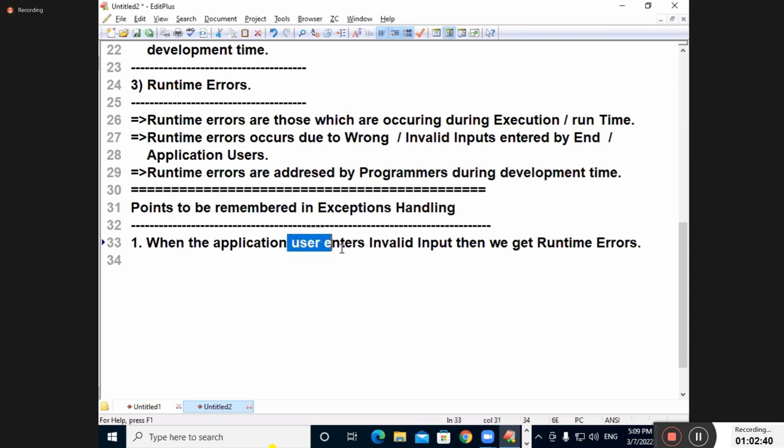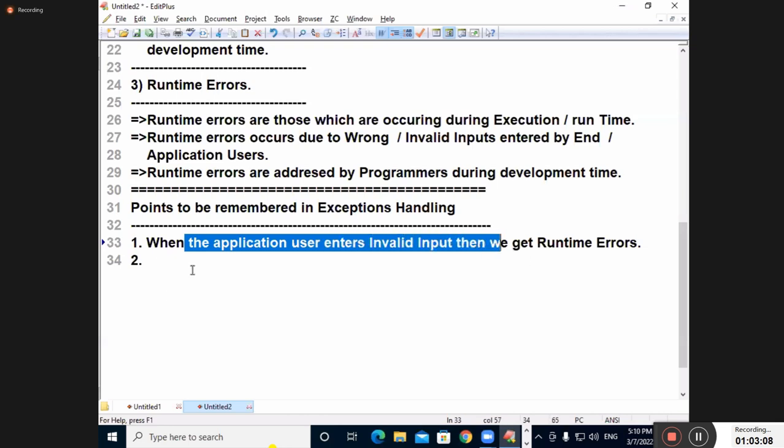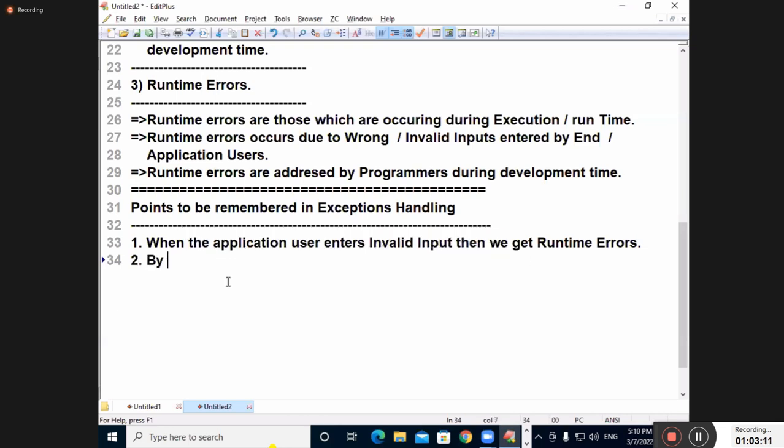When the application user enters which input, we get which errors? Right. Is this point clear? Quickly, all the students online, I need to know. Very good. Next, I will go for the next one. Second point, I'm going to write it. Carefully understand. When the application user enters invalid input, we get runtime errors. Now, students, by default, runtime errors